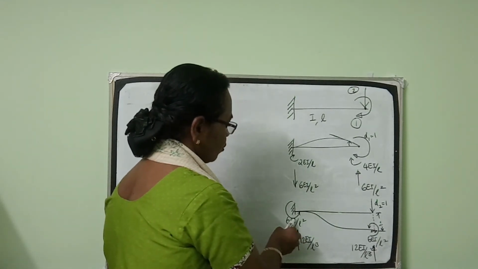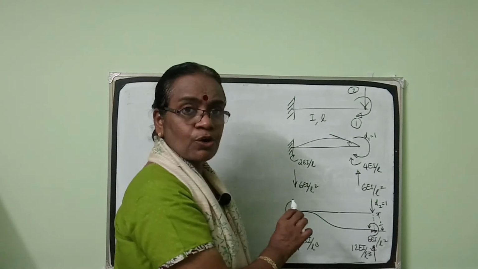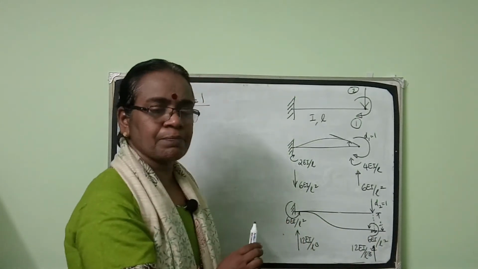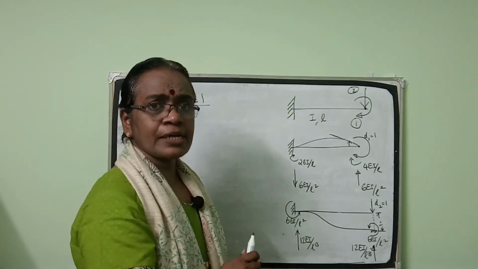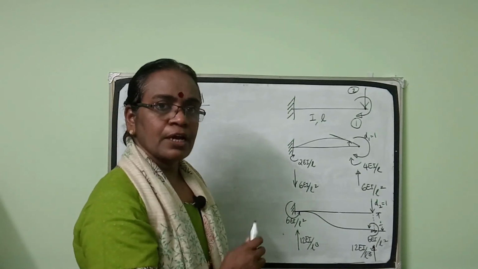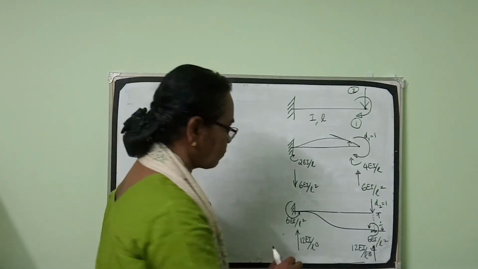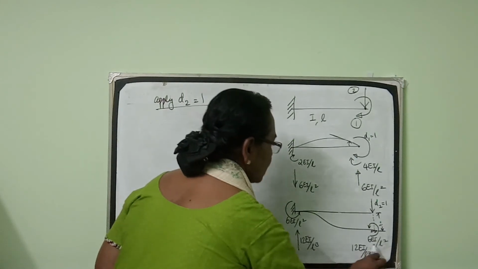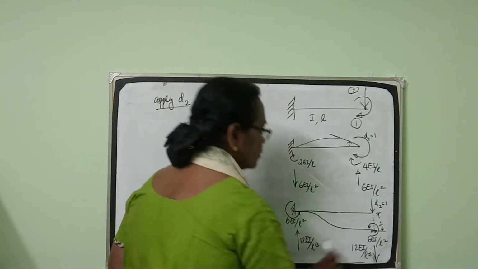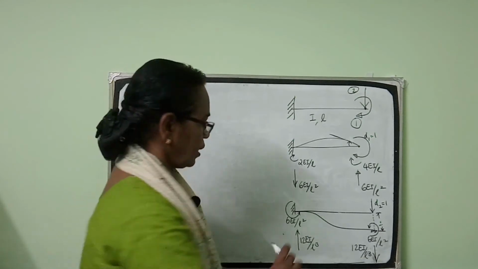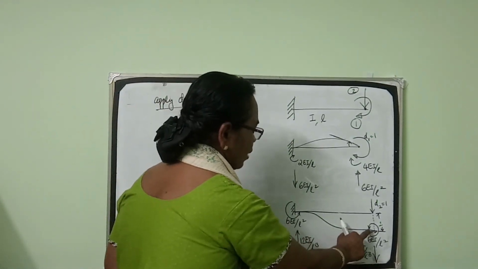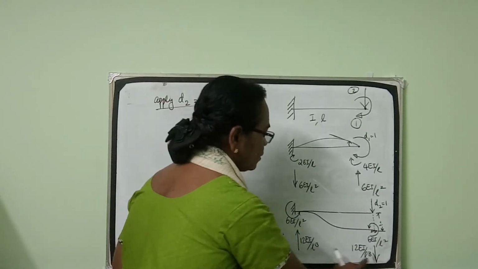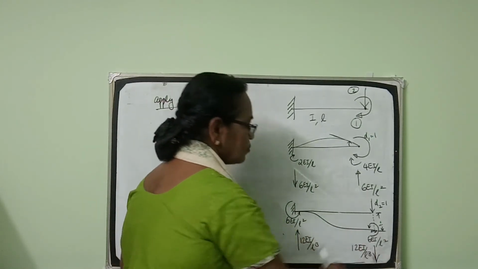The same anti-clockwise moment will be developed at the far end also. So there is a total unbalance of 6EI by L square plus 6EI by L square, 12EI by L square. To counteract it, we have to produce a couple. A clockwise couple should be produced. For a clockwise couple, left up and right down will produce a clockwise couple. 6 plus 6, 12EI by L square is unbalanced, divided by the span. 12EI by L cube will be the reaction here, and 12EI by L cube will be the force produced at this end.